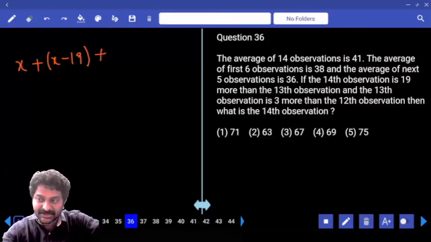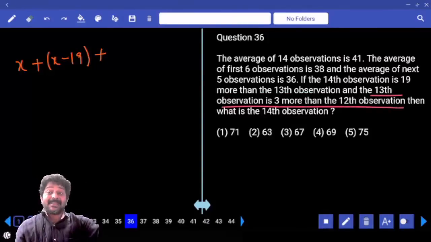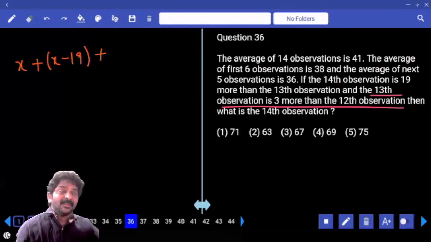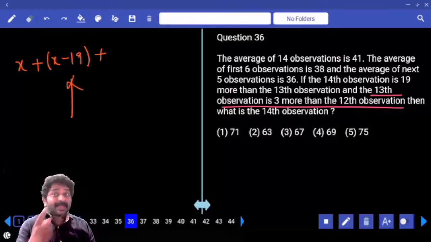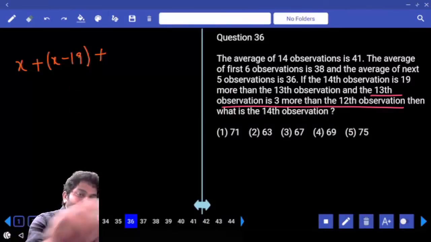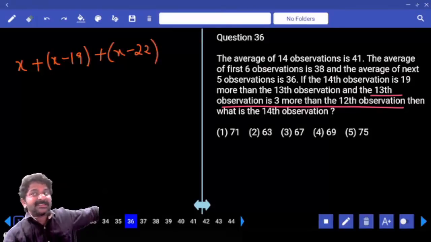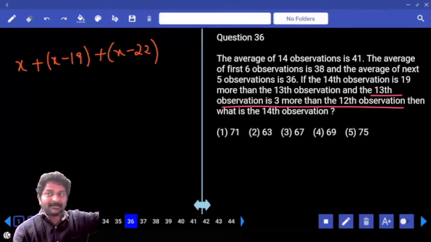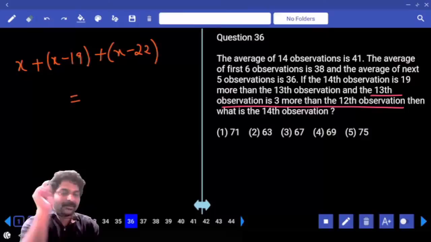Right. Observe the other condition. 13th number is 3 more than the 12th observation. That means 12th number is 3 less than the 13th number. 3 less than which number? What is the 13th number? x minus 19. And from that we have to subtract 3. How much is that? x minus 22. Clear? What are these? 14th number, 13th number, 12th number. We know that 3 numbers are missing, and those 3 numbers, 14th, 13th, 12th, are equal to